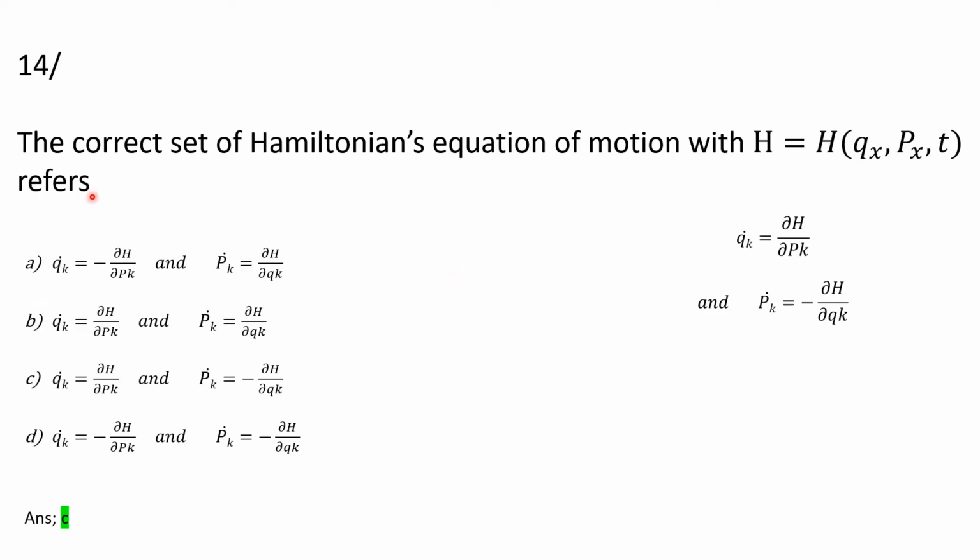Then the correct set of Hamiltonian equations of motion, with H a function of q k, p k and t. We know that q k dot is equal to del H by del p k and p k dot is equal to minus del H by del q k. So by matching this formula to the options, we can find that option C is the correct answer. Then